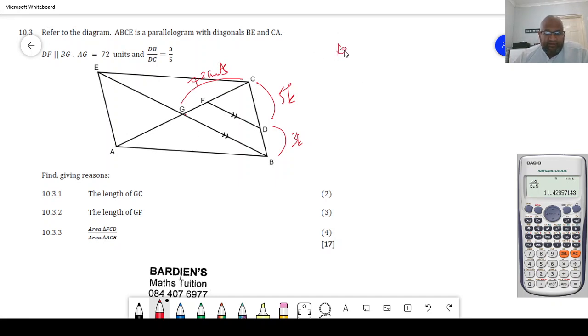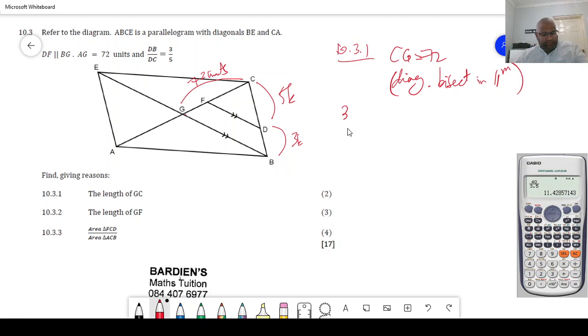So in 10.3.1, we're saying that CG is 72 units. Why? Because the diagonals bisect each other in a parallelogram. Okay, so the diagonals bisect each other in a parallelogram. In 10.3.2,